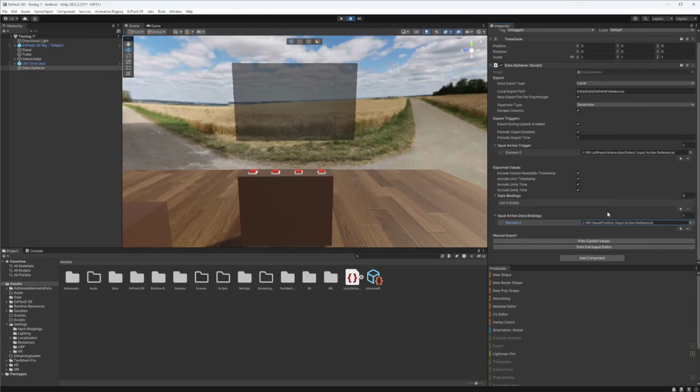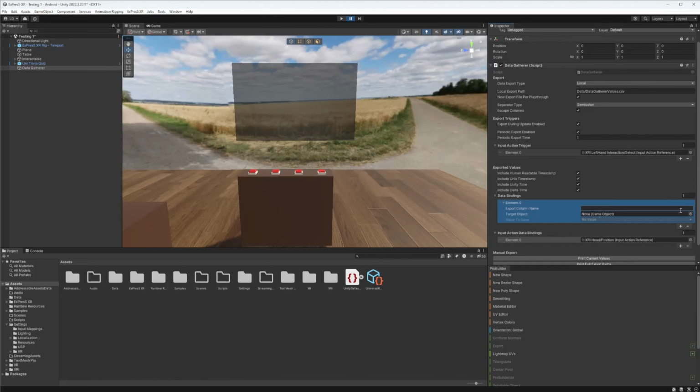The most important array property here is the data bindings array, as it allows you to select almost any other value. After adding a new array entry, you can first specify your own export column name for this value. Below, you'll find a similar structure as when connecting functions to events. You can select a game object and then use the drop-down menu below to select the function or property you